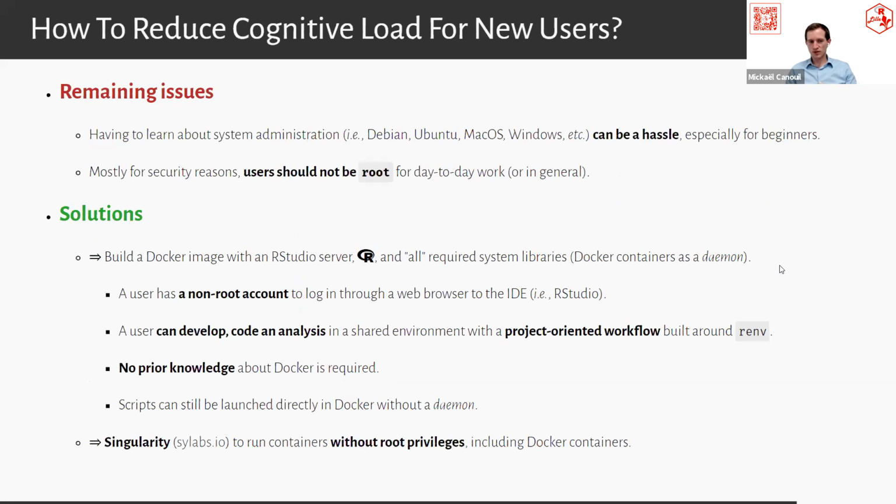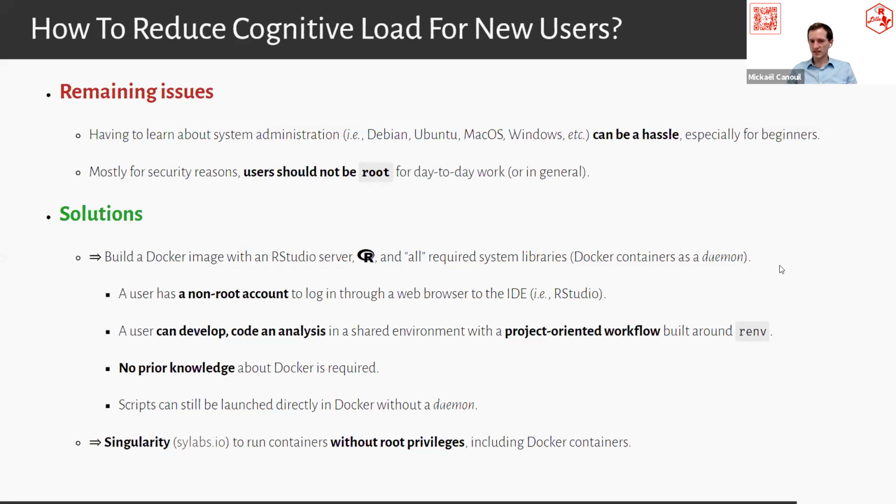One of the solutions for that, which I actually use in my lab, is to have different setups. We are all root users, so we can run any container. But for beginners or interns especially, I have a Dockerfile that creates a kind of development environment based on the RStudio Server software.